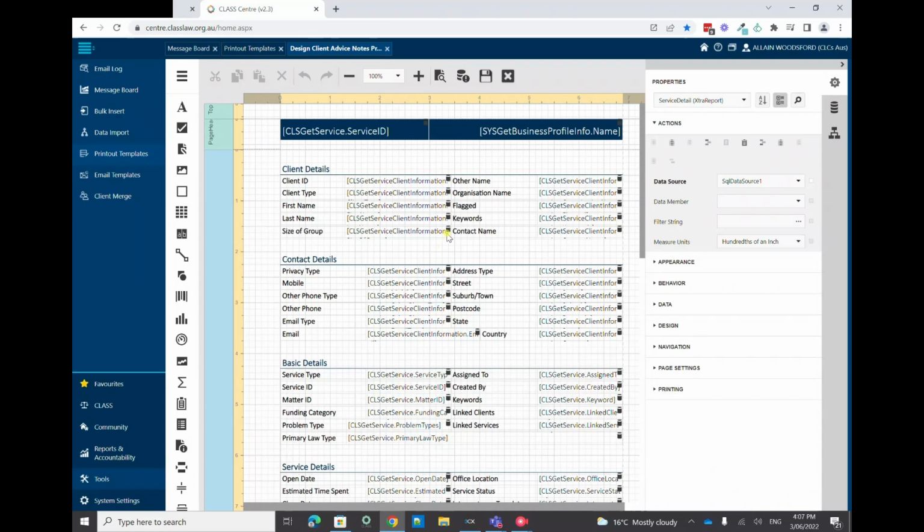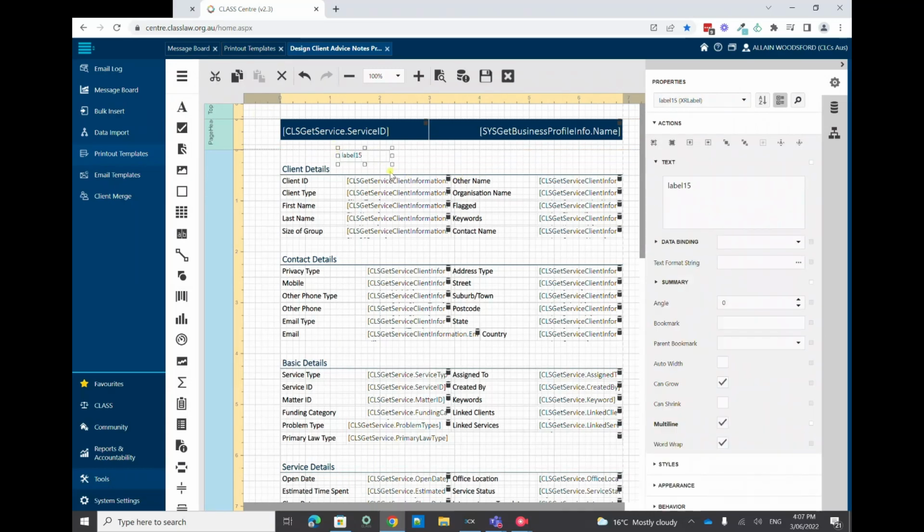Okay, so let's get a high level overview of what's going on the screen here. Items you can add to the printout template are on the left hand side here. These ones you just left click and drag and drop into the template. Once it's inside this sort of center area of the screen or on the document itself, and you've left clicked an item,